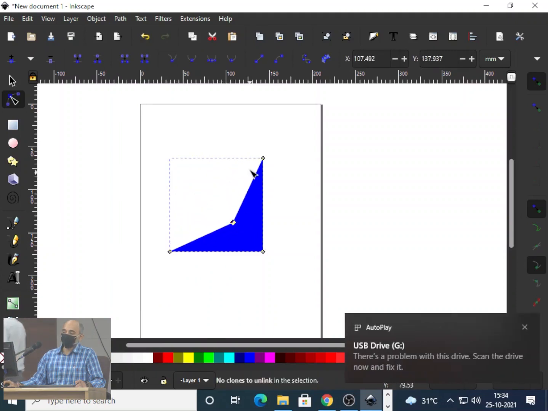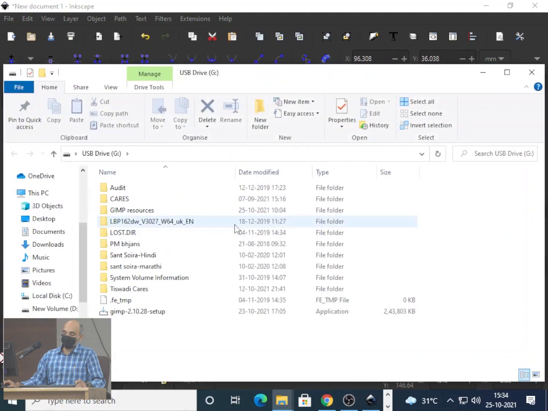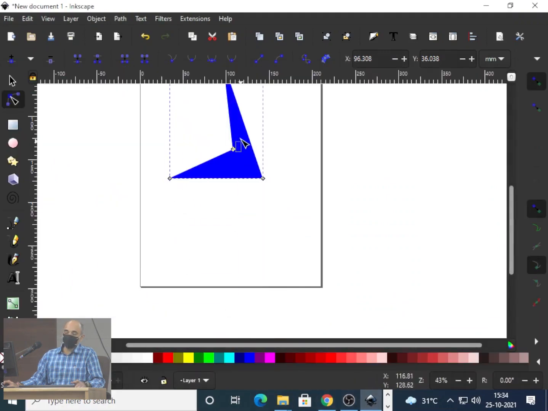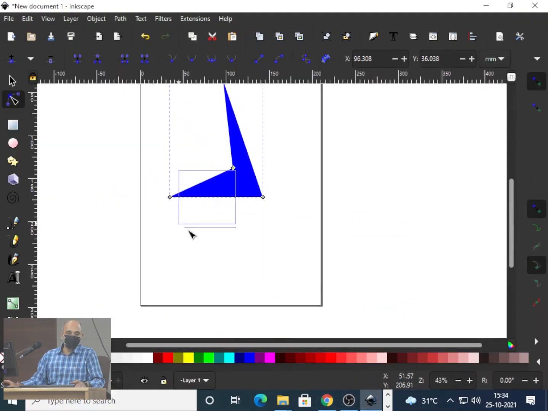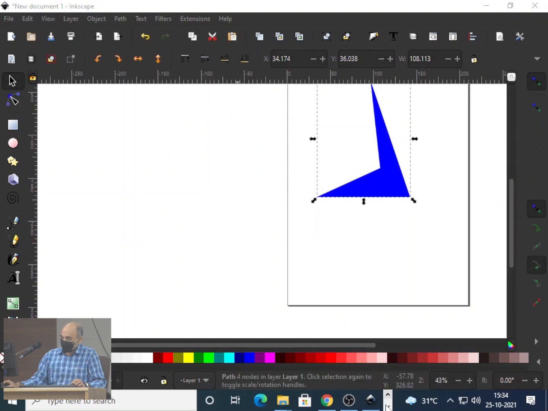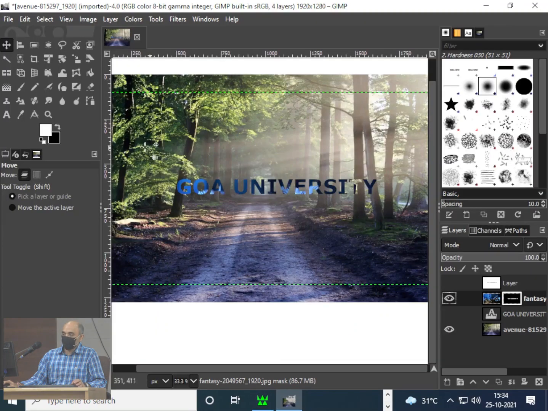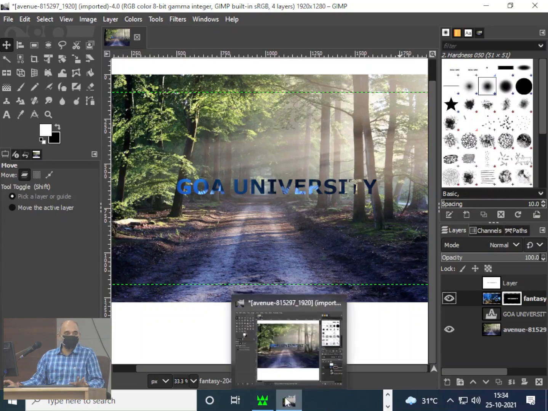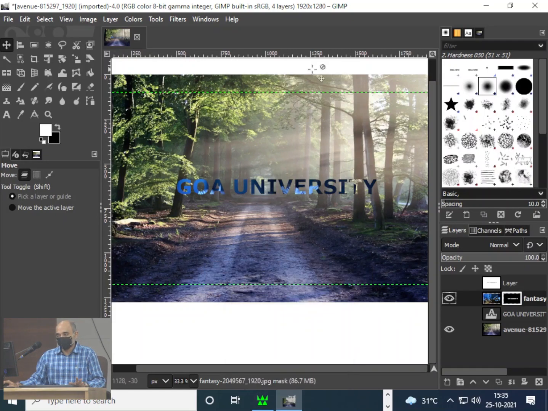The way I work here is completely different than I work with a normal image. Whatever is stored here is a mathematical formula and not the value of the pixel, as against what you have in GIMP. In GIMP, what is going to be stored is the values of all these pixels in that file. The way data is stored is different. In a vector, it is stored as a complete mathematical expression. Here it is value per pixel.